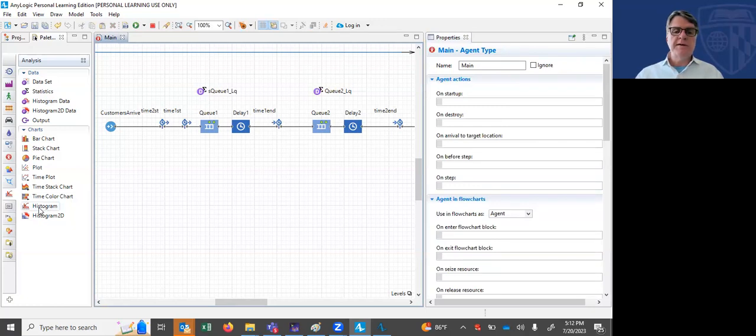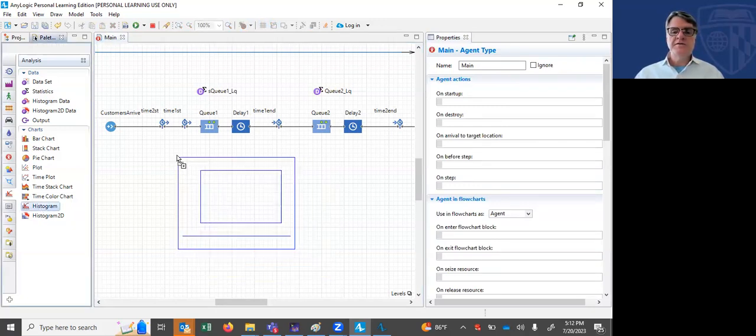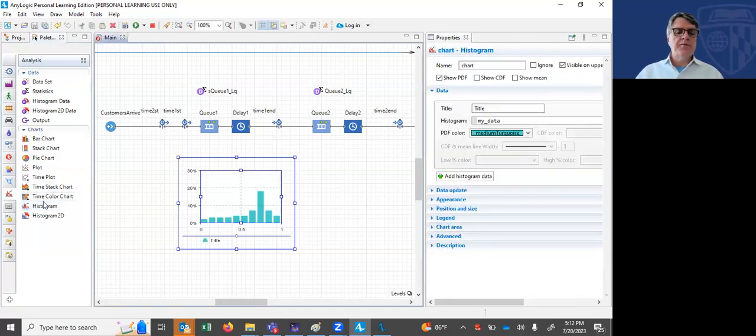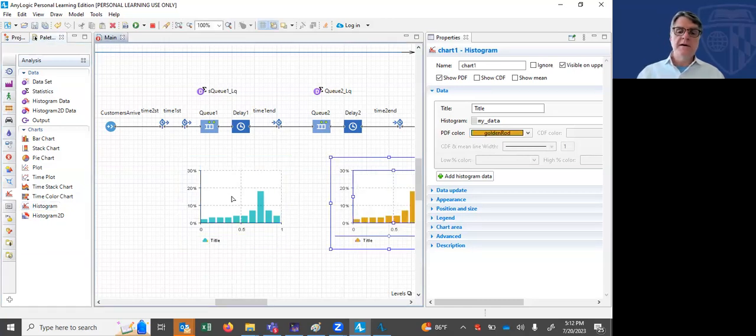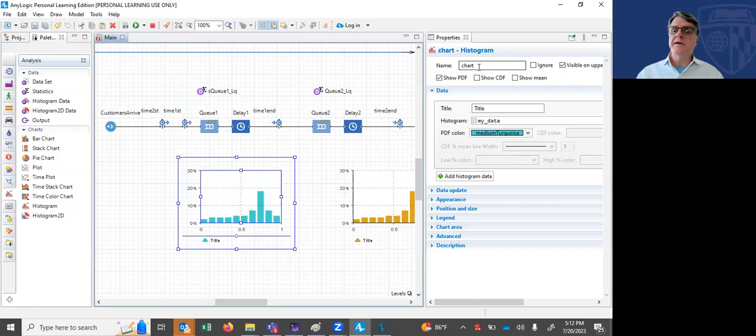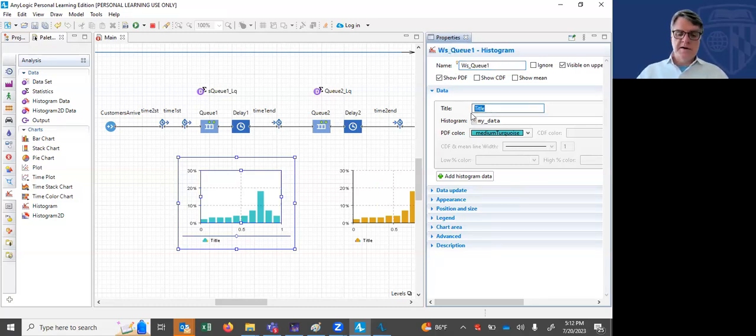I'm also able to get distributions, histograms for the time at the first station, the first queue basically, and I'm going to measure that. I'm going to capture that here. So let's just call this WS Q1. The title is WS for first queue. So this is going to be the time waiting in the line here, as well as getting service at delay 1. That's what that's measuring, because the timer that I'm going to leverage to build this histogram is time first,